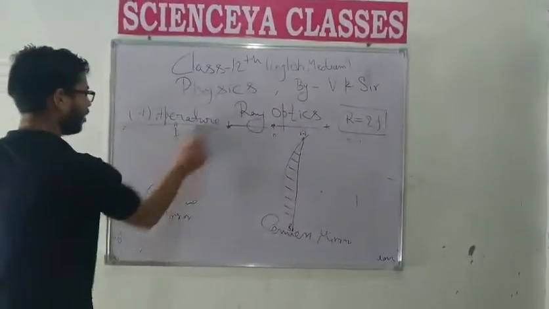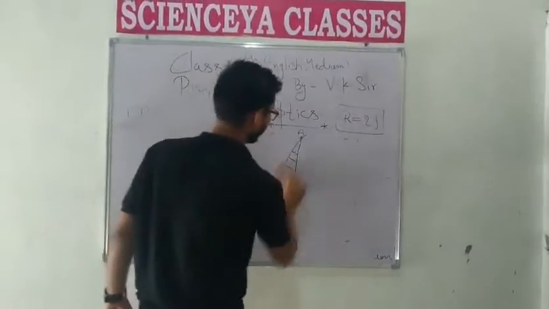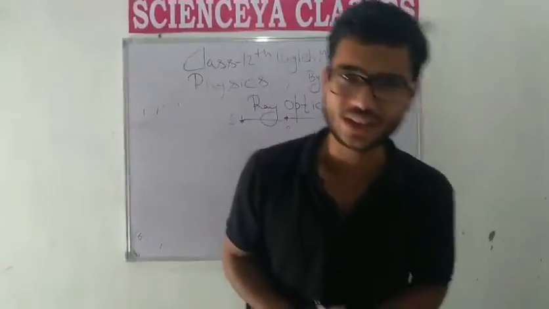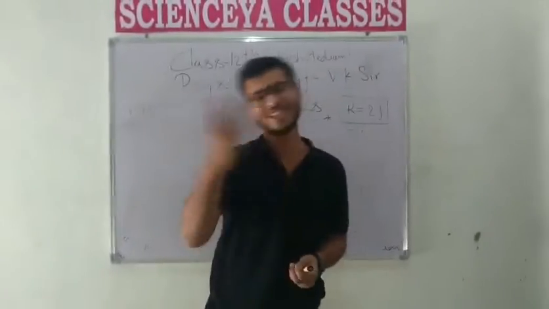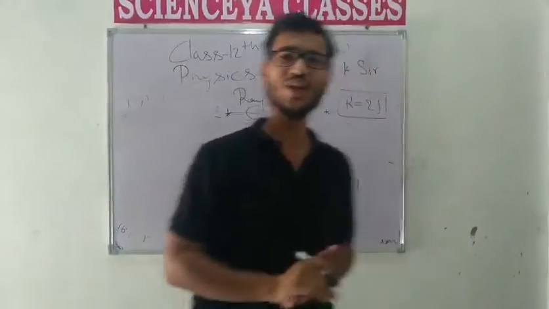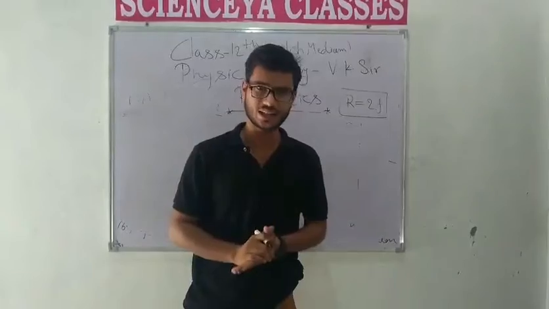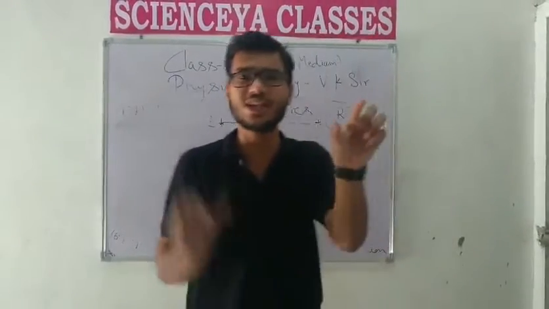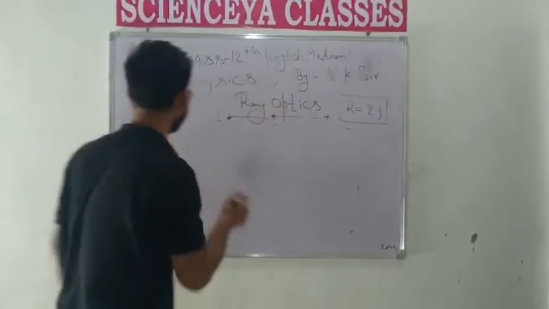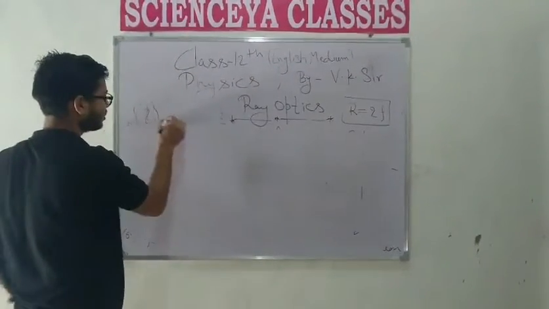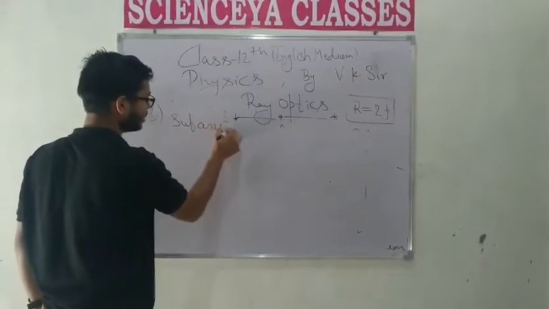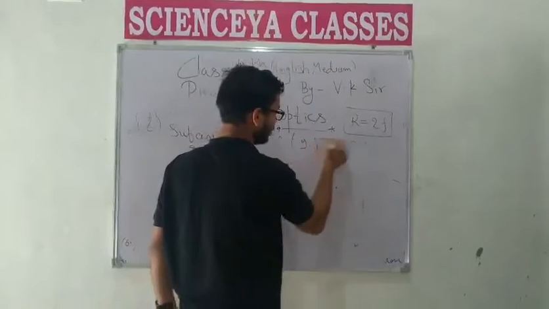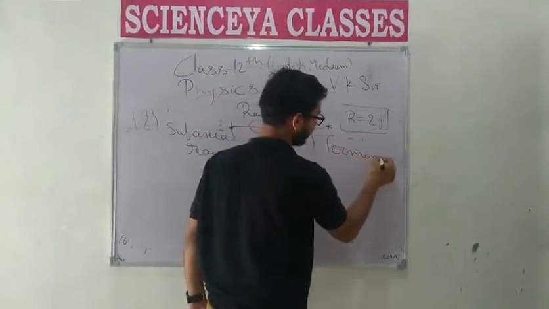Now we continue with the next definitions, two similar definitions. The first one is paraxial rays and the second one is marginal rays. What are paraxial rays and marginal rays? These are basically types of rays, but what is meant by paraxial and marginal here? Let me explain the definition of paraxial rays and another definition, marginal rays.